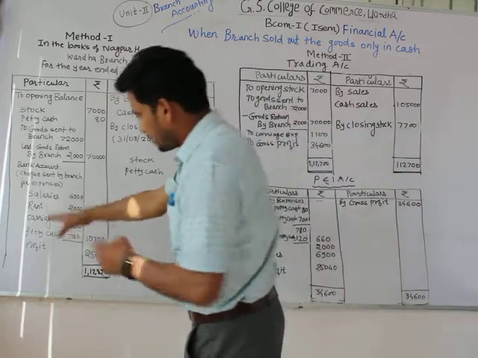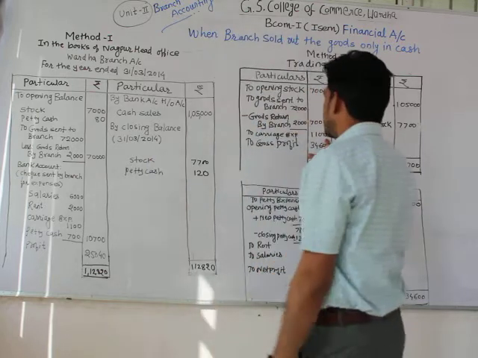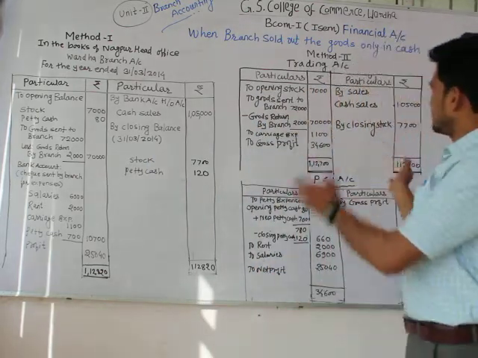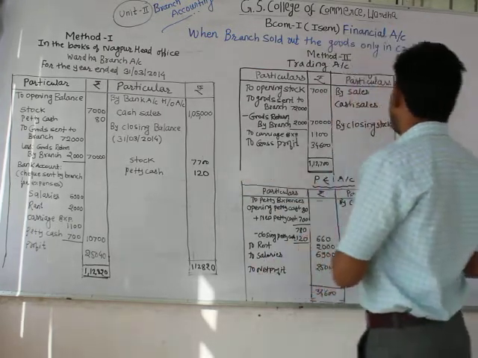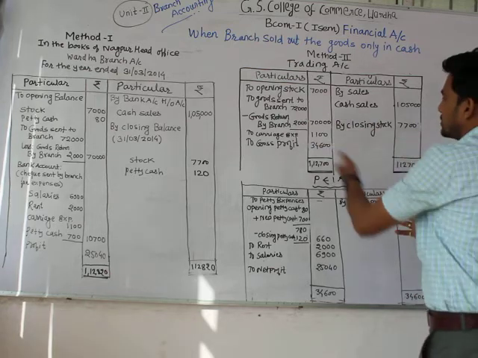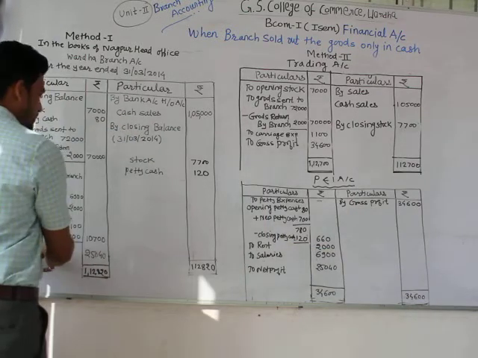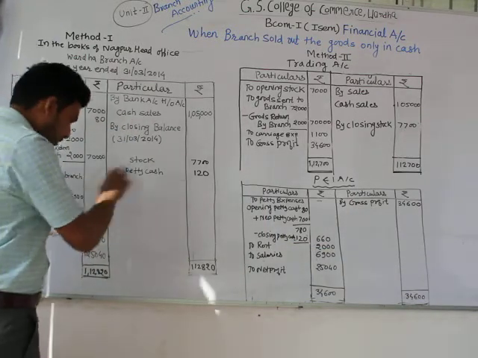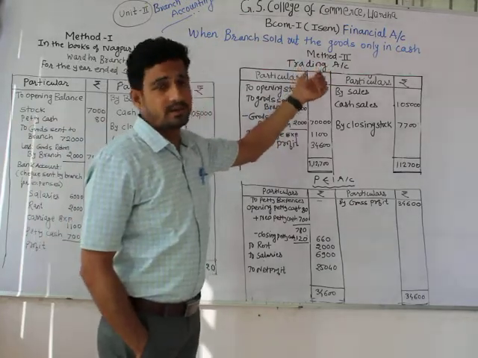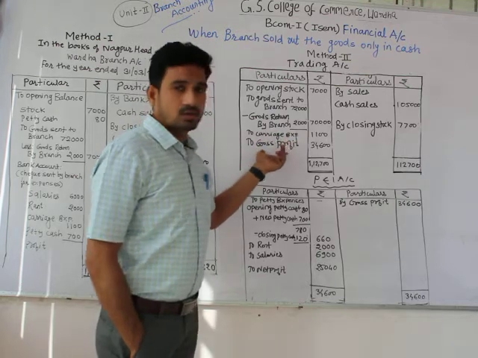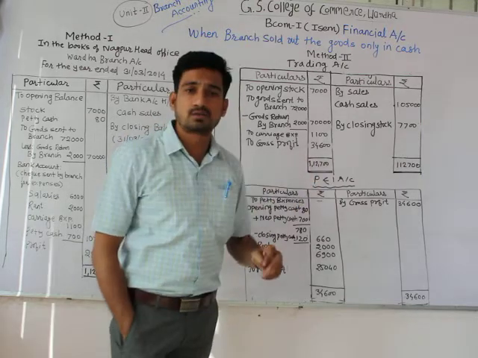Then we have to find out the expenses which are related to trading expenses. So carriage expenses 1,100, then sales, cash sales 1,05,000, closing stock 7,700. This side is more than this side, the difference is 34,600. Here we haven't named it as gross profit or net profit because we had clubbed the entire things together. Here we are preparing the trading account separately, that's why this difference will be called gross profit. So gross profit is 34,600, having a grand total of 1,12,700.